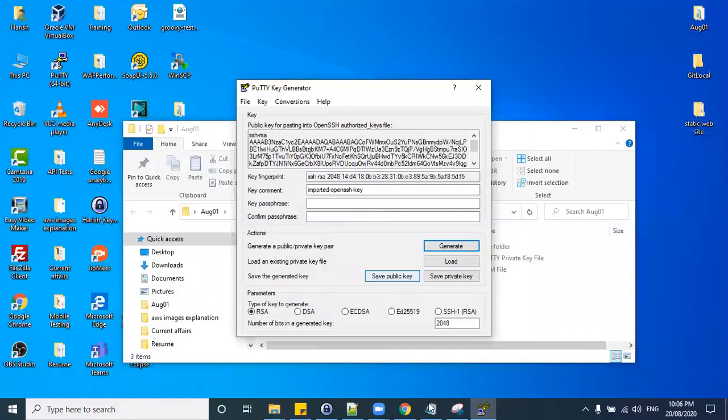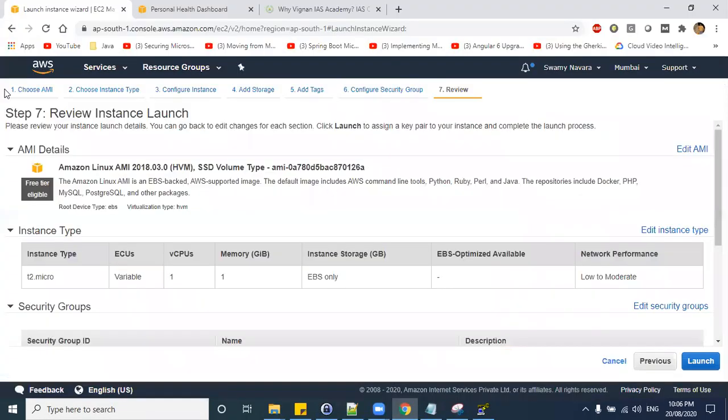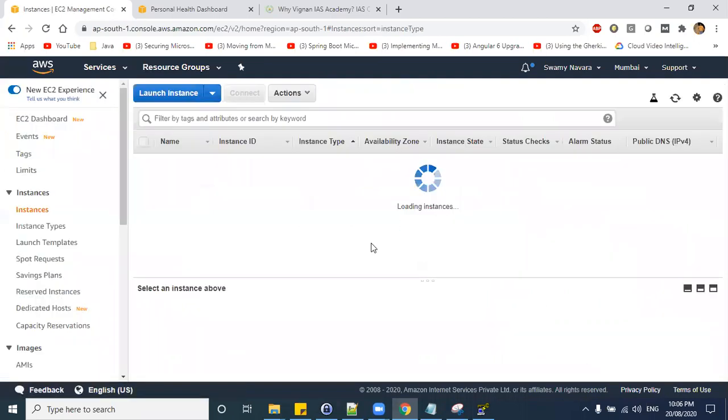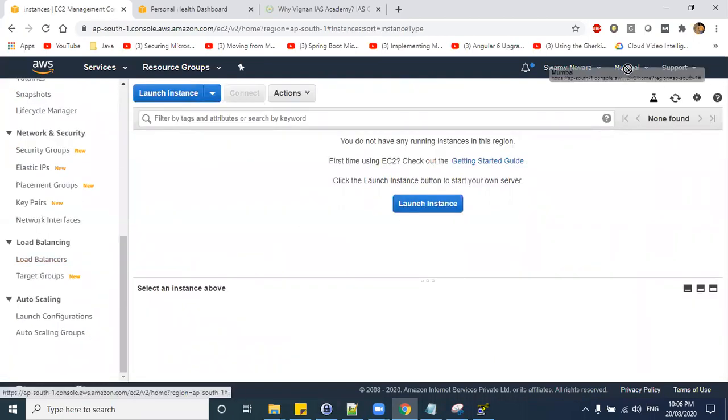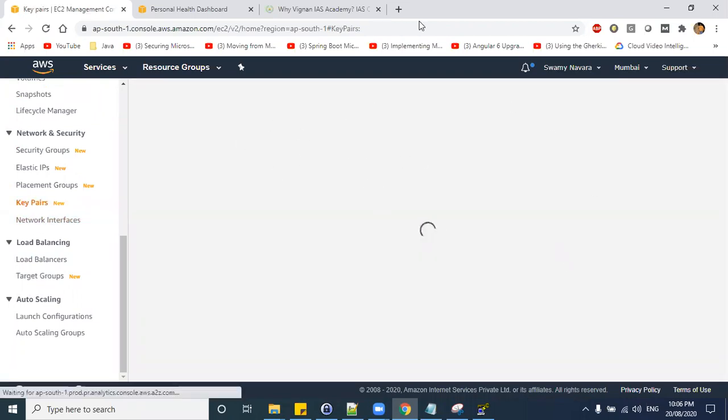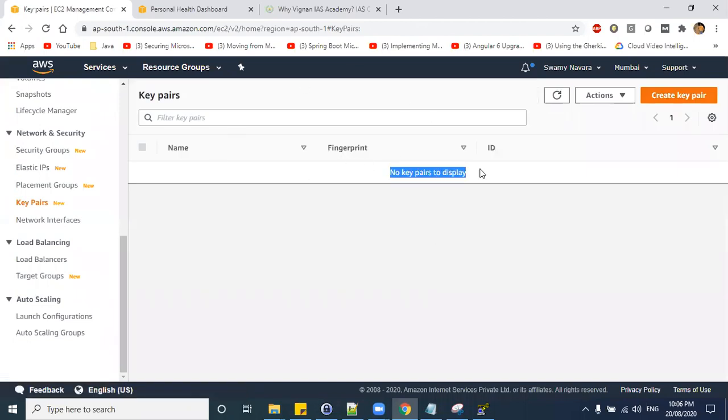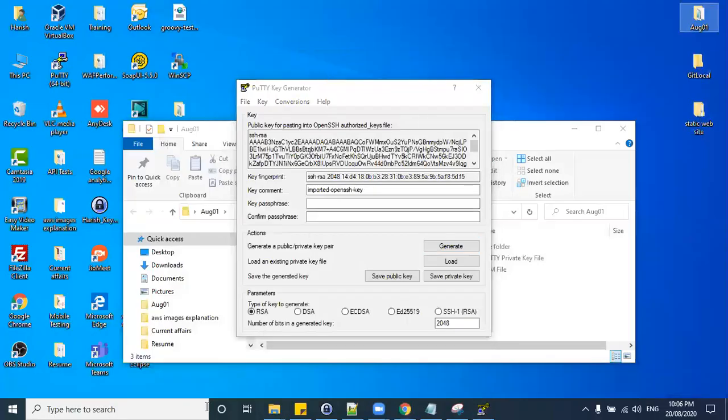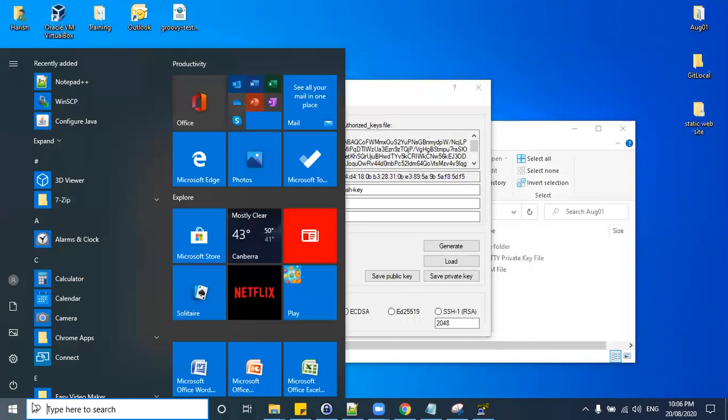So what exactly we need to keep in EC2 here? Let me cancel this one. So if you come here, we are in Mumbai region. Under Mumbai region, we need to keep a key pair, right? So if you go to key pairs here, what exactly you need to keep? Here you need to keep your public key, so that whenever you launch an EC2 machine, your current public key, what is there in Ohio region, if it is there in Mumbai region also, if you are selecting the same public key when you are launching an EC2 machine, then your EC2 machine will be accessed with your private key of August 1st. Correct.